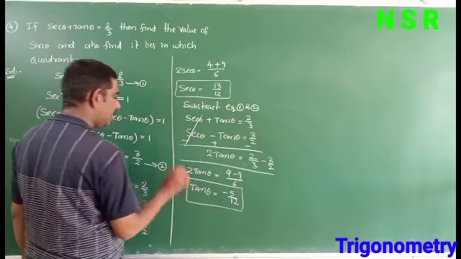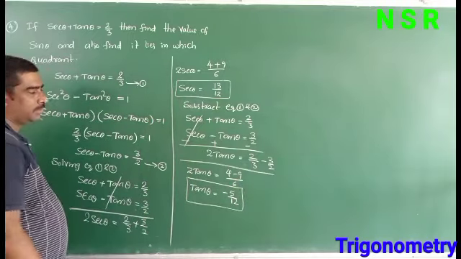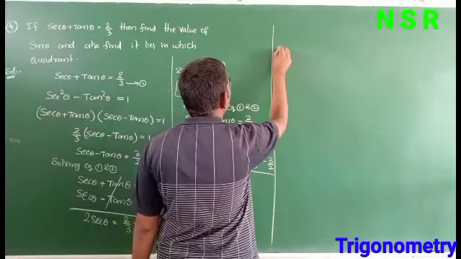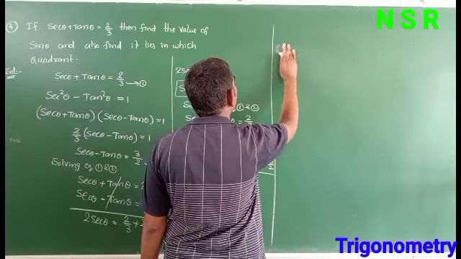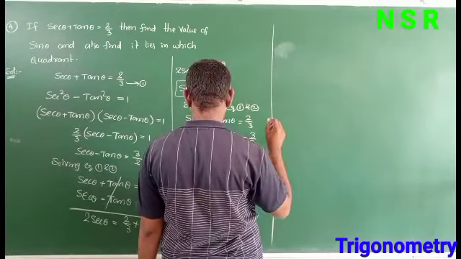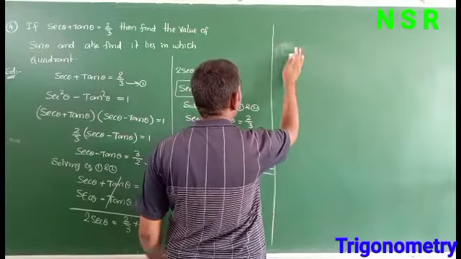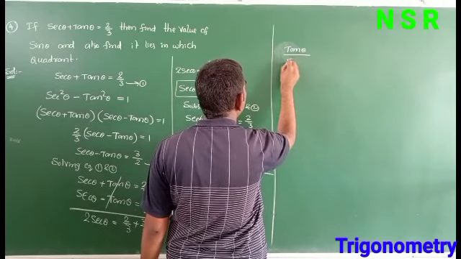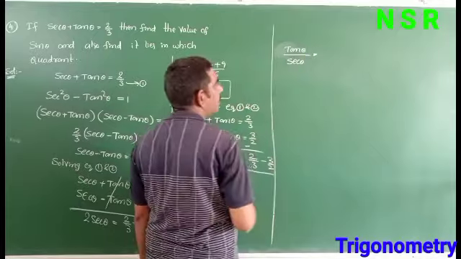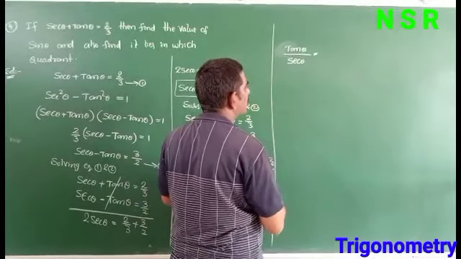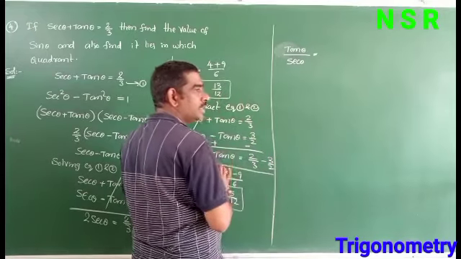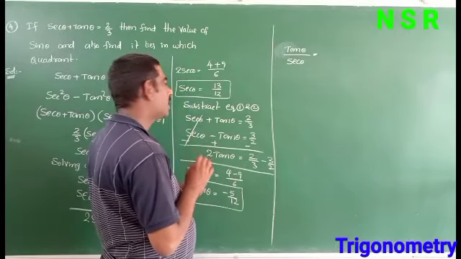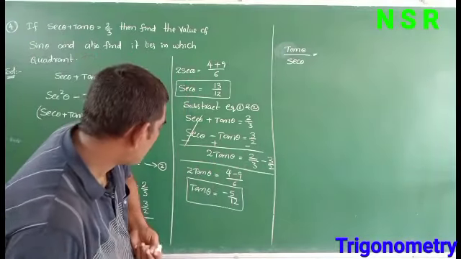So here tan value in negative, secant in positive. So by using this find here sin theta value. So sin theta is equal to, here tan value is sin by cos. So write here tan theta by secant theta. Tan is sin by cos, secant is 1 by cos. Cos get cancelled. We get sin theta value.